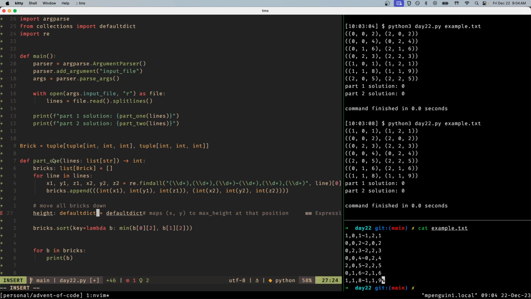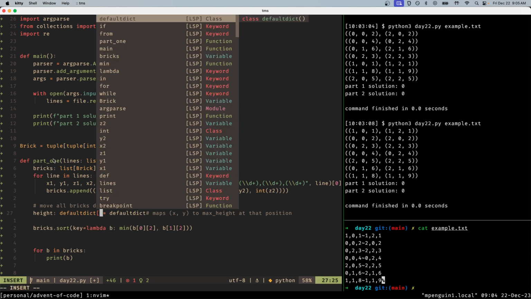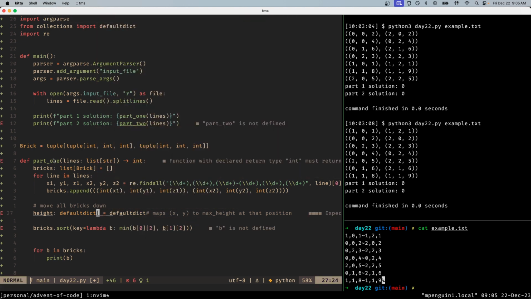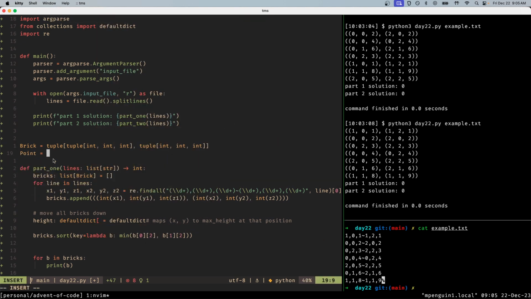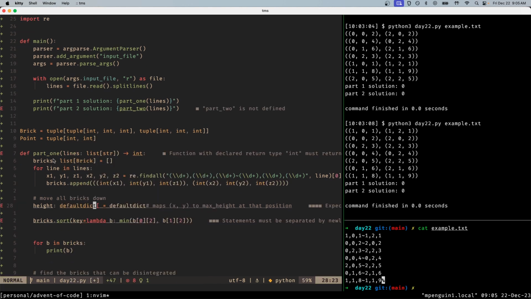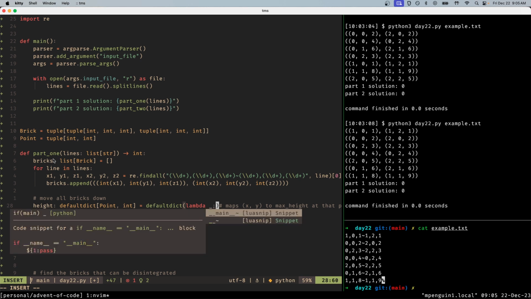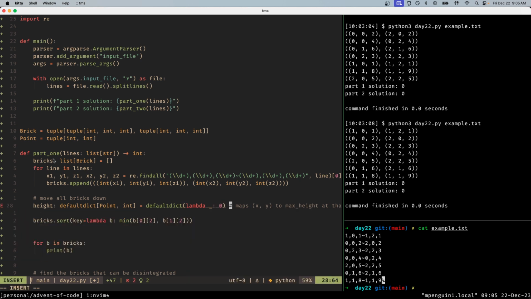So the input is going to be an xy point, and then the output will be int. And then we have default dict lambda where we map to 0, because that's the height of the